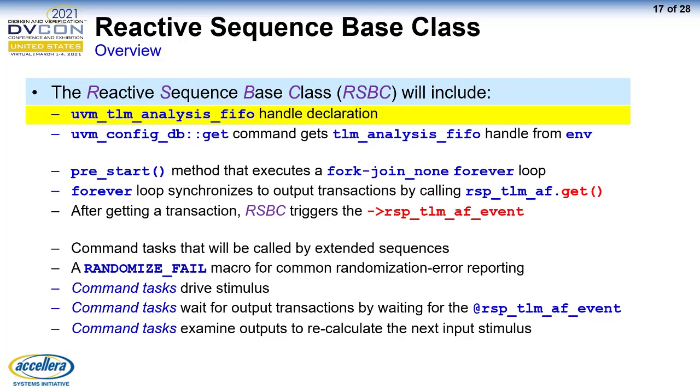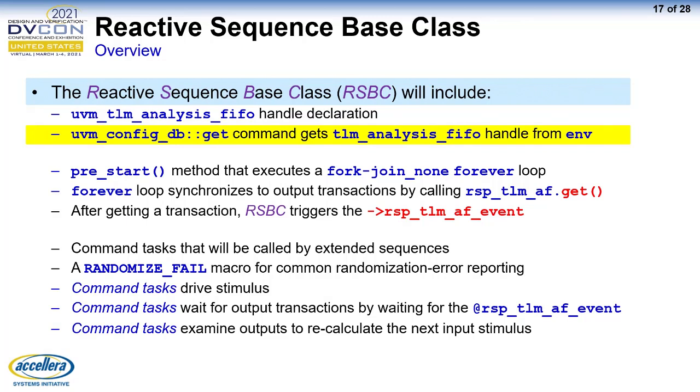First, the reactive sequence base class must declare a UVM TLM analysis FIFO handle and go get the handle for the response TLM analysis FIFO that was stored by the environment. Now this sequence base class has a handle to the response TLM analysis FIFO that appeared to be dangling in the environment. The sequence base class will define a pre-start method that uses fork join none to spawn off a